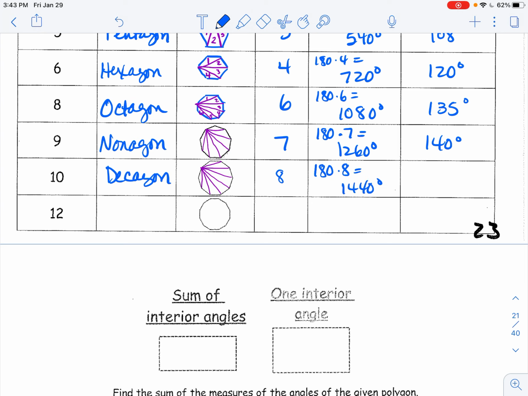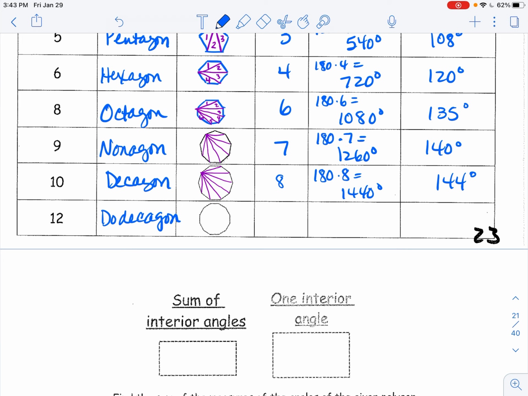That's 1440, and if I divide it by the 10 sides, each of those is 144 degrees. All right, and last up, a dodecagon. This is a 12-sided figure,